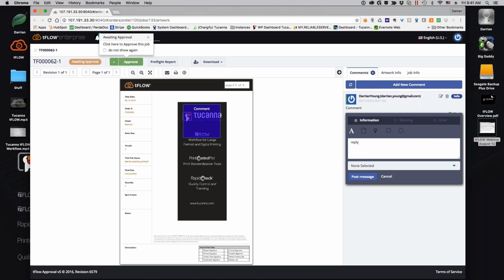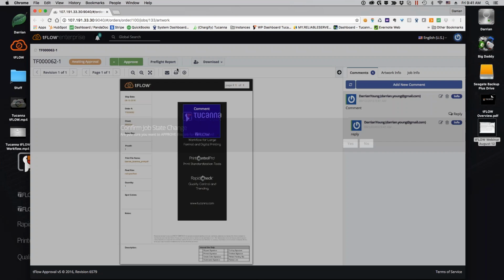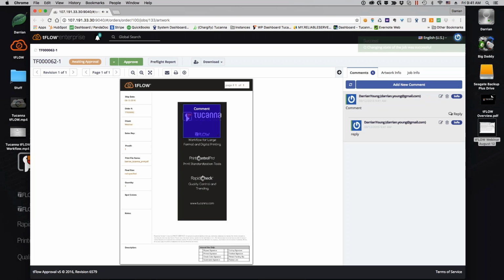So kind of like a Facebook type of format here. And so this is now, again, visible to your customer, the CSR, anybody on the team that you want to have visibility for this particular job or project. So in this case, if the customer needed to request a revision or upload a revision, you can do that. Let's just go ahead and make it easy and say everything looked great and go ahead and approve it. So this job is now approved, and it's now applying all the finishing options to get this file ready for